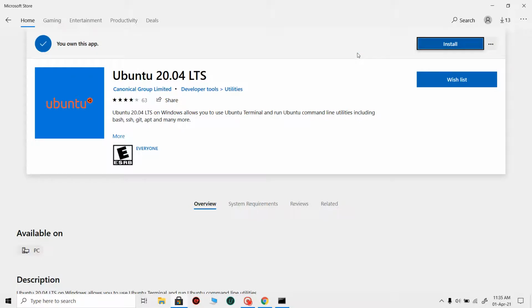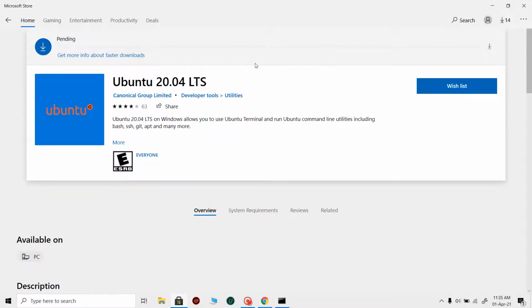Based on your internet speed, it can take some time. The installation has started. It is downloading. We will wait for the installation to get completed. It is nearly 453 MBs.